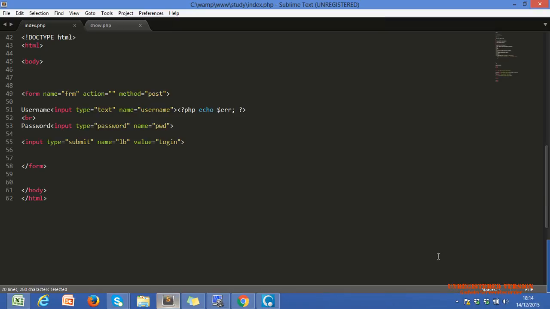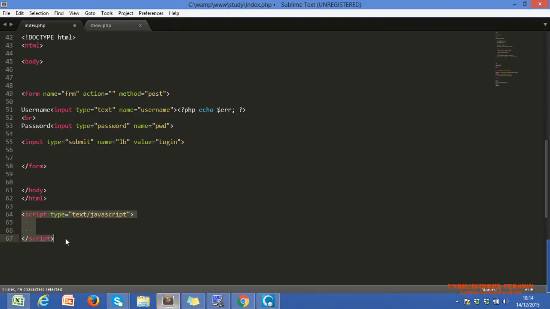Now let's see how we write the code of JavaScript. We write the code within the script tag. If you want to write JavaScript or jQuery code, you have to write all of it within this script tag. This is an HTML tag.